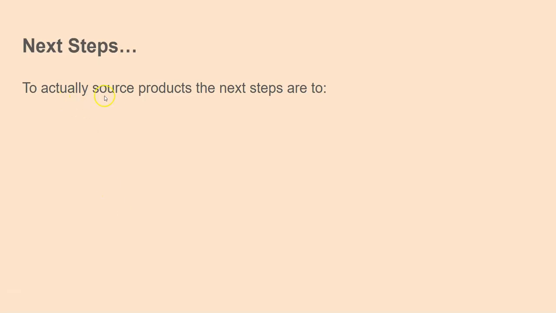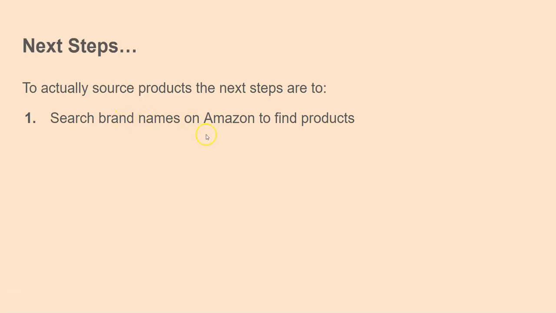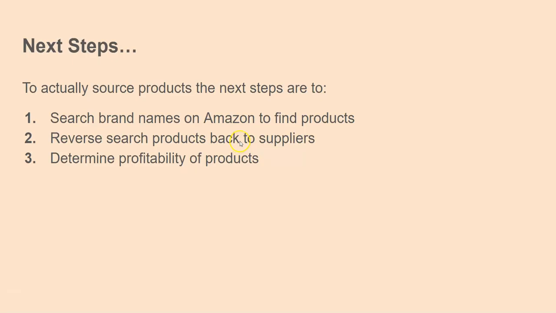And so what you do to actually source the products is you're going to take those brand names and actually search them on Amazon. When you do that, you'll obviously get product results, and you'll then reverse search those products and see if you can find them back on the same supplier website. See if you can find those same products. And number three, you'll determine the profitability of the products, and that's maybe the most complex part,